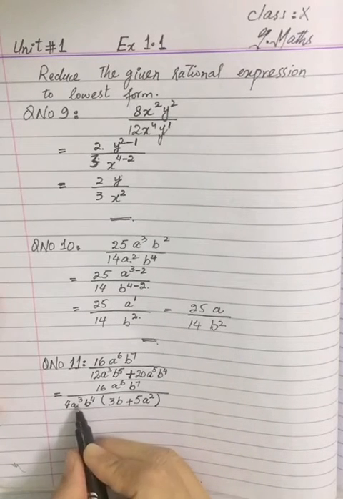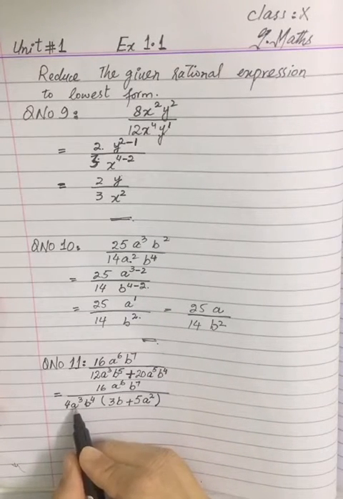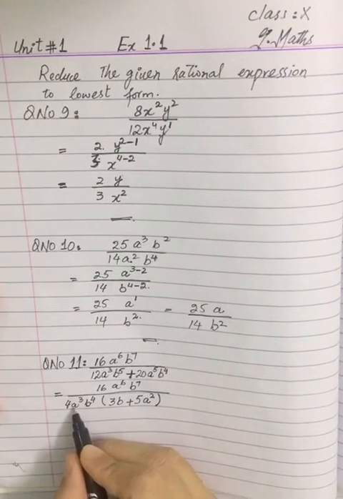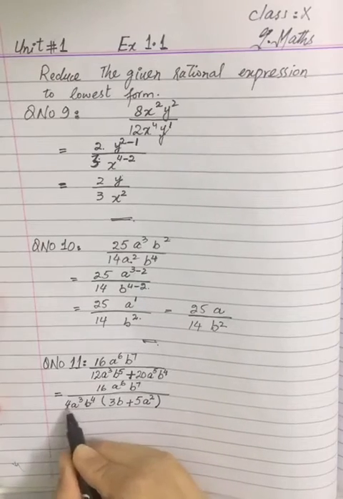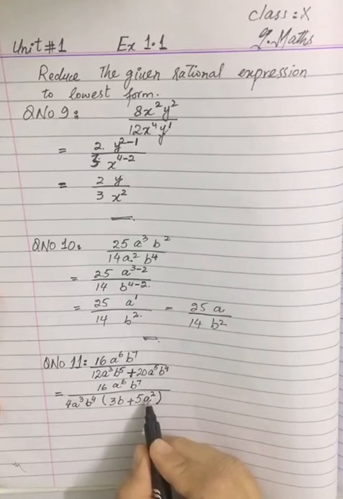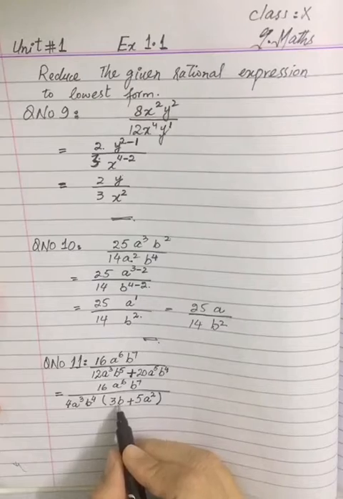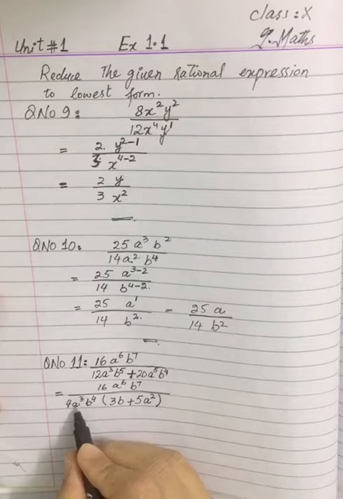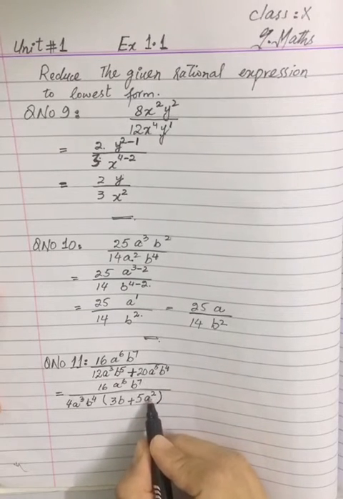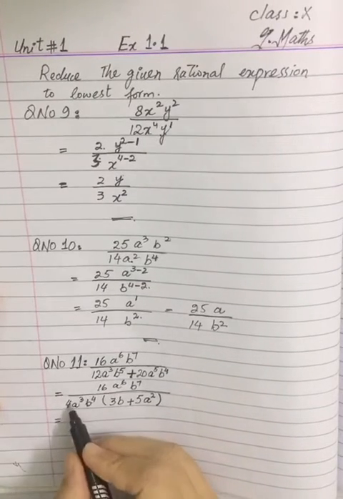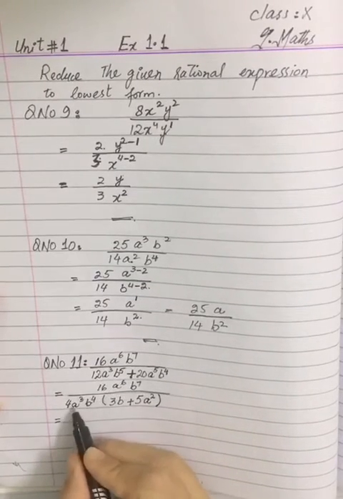This is because when bases are multiplying, their powers are added. So when I am going to multiply this common factor to the entire expression, then our bases will multiply, but their powers will be added. So when a raised to power 3 is multiplied with a raised to power 2, it would be a raised to power 5. Now we can reduce it.